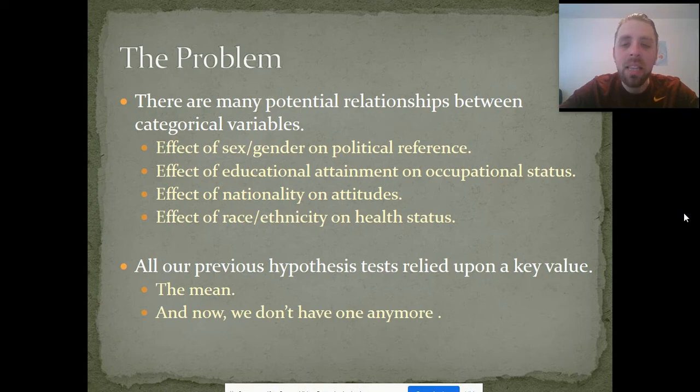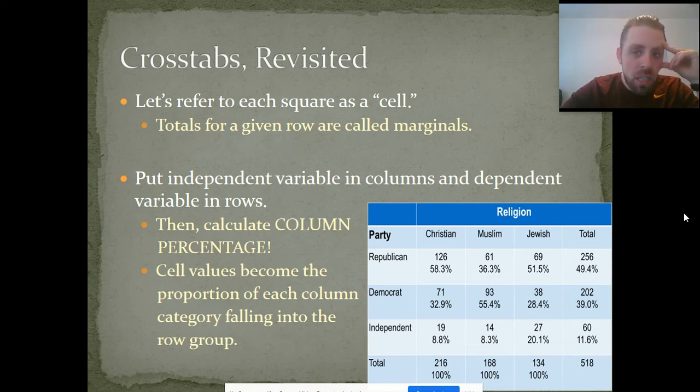So now, in the absence of having a valid mean, we're going to have to do something creative. We're going to have to look for a different way to test whether there's an association here. And that's going to start by trying to theorize about what a table would look like in theory if there was never any association between the two variables. Okay, so let's revisit our crosstabs. In the way of vocabulary, I would like you to conceptualize each square as a cell. Okay, so each square, each cell, is the intersection of two